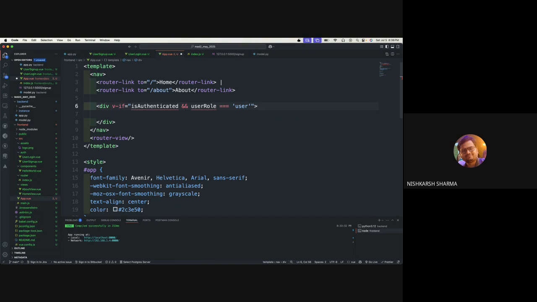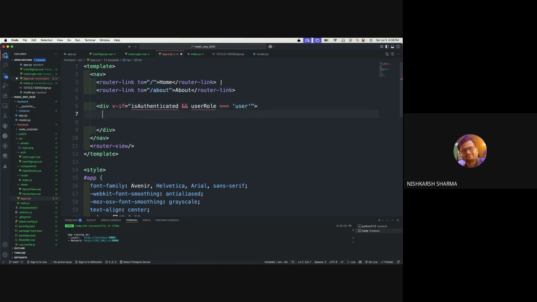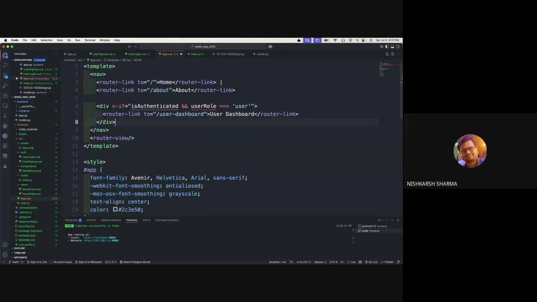So then in that case, we would be showing router link to user dashboard,